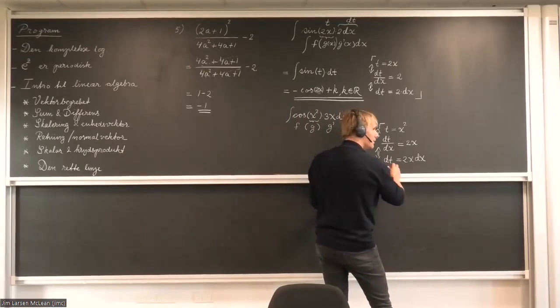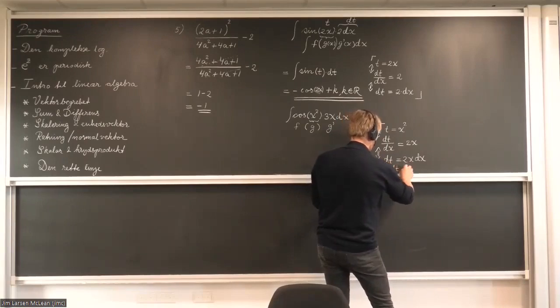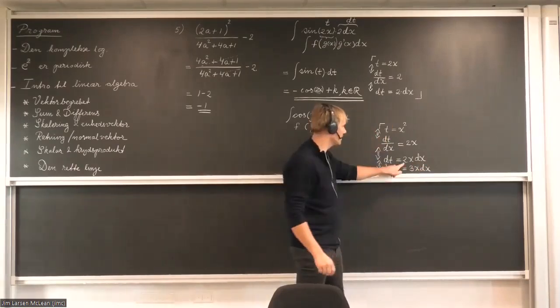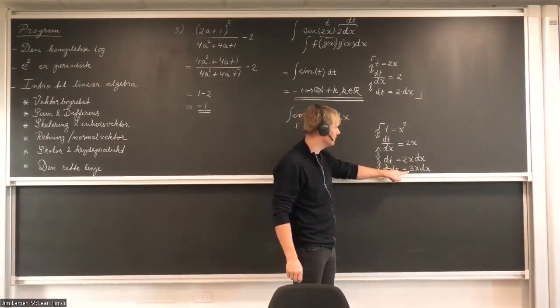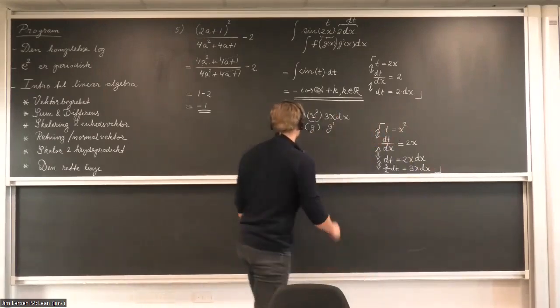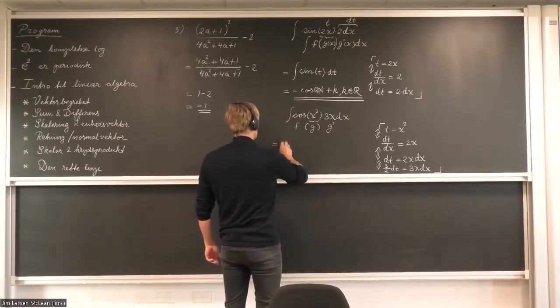So I multiply by 3 halves on both sides. So if I multiply by 3 halves, then it says 3 halves times dt equals 3x dx. Because if you multiply 3 halves by 2, you just get 3. So you have that. And then the thought process is essentially complete, because what I now see is that what you actually have is the integral of